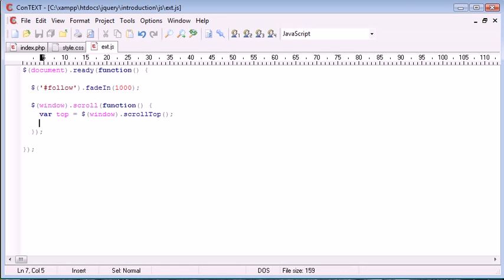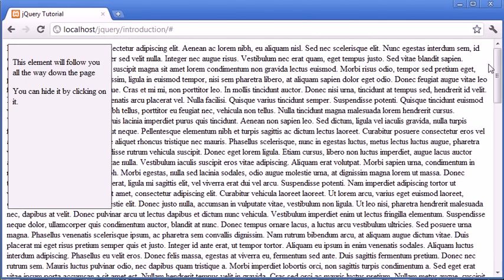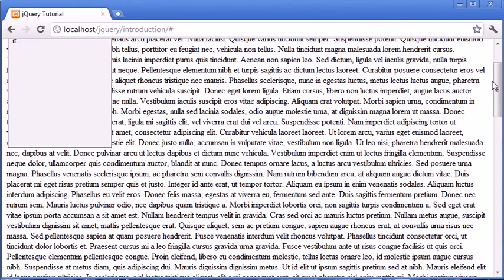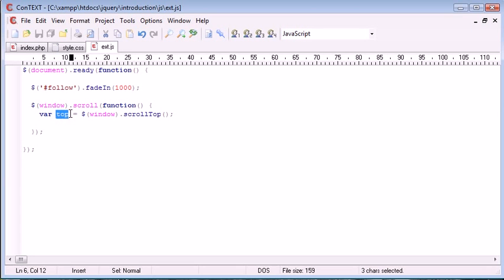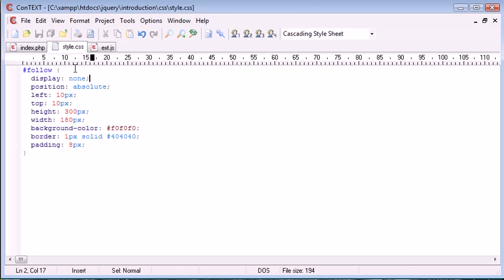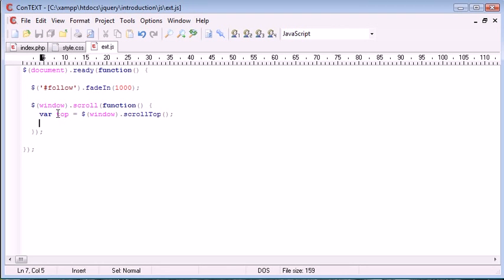So as the window scrolls down, let's just say we scroll down to about here. Let's just say that's scrolled down 50 pixels, for example. Now, by scrolling down 50 pixels, we've now set this var top to equal 50. So what we need to do is change the CSS properties of top to the amount that we've scrolled. For example, if we'd scrolled down 50 pixels, we want this to be top plus 10. So essentially we're just taking this variable top, which represents how many pixels have been scrolled down, and then we want to make this